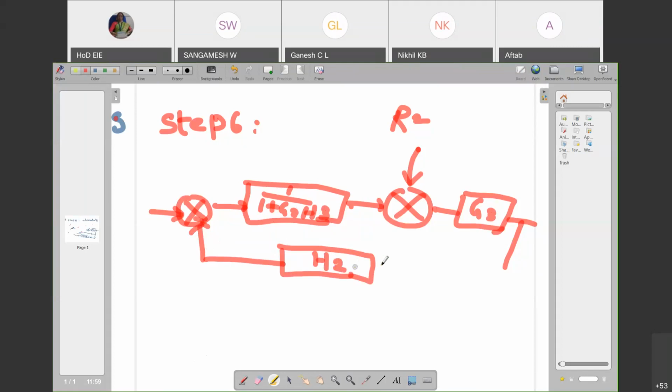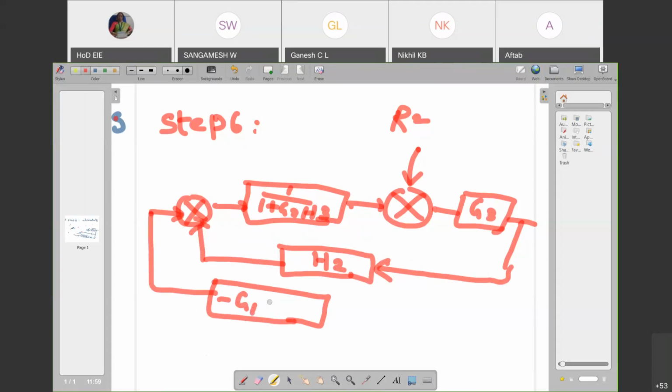So because I have interchanged, my H2 has been dragged to here. And my another input is... now again in step 6, if you look at it, you can easily see that there is no need of... if you look at it, G3 is there, H2 is there, G1 is there, all those things, and you